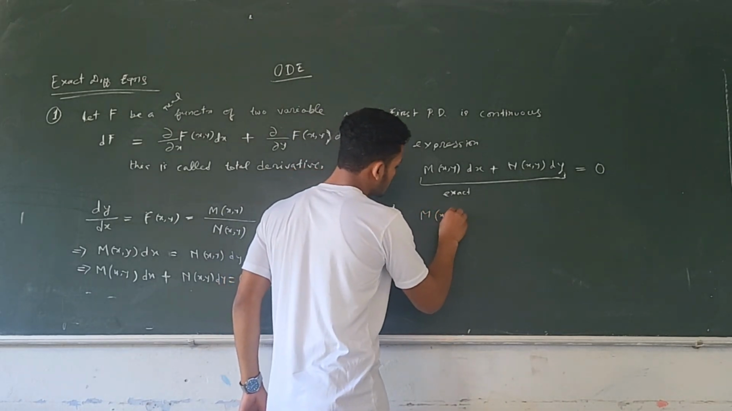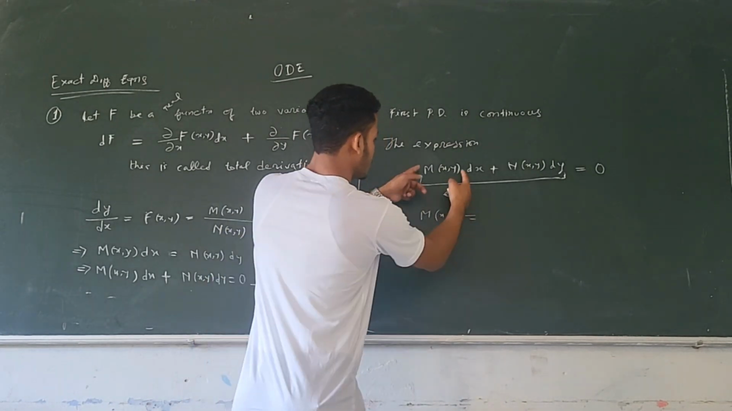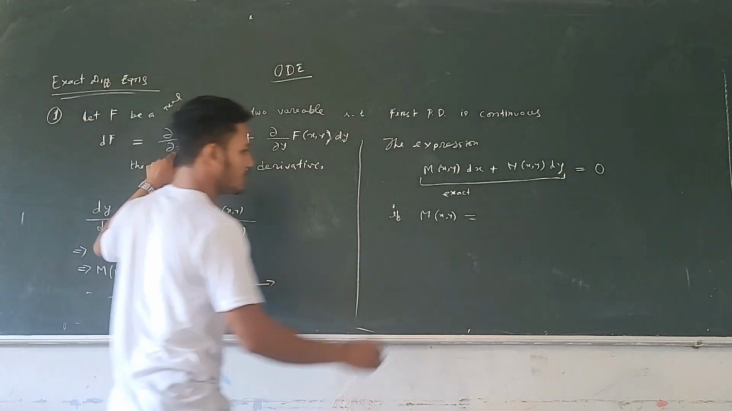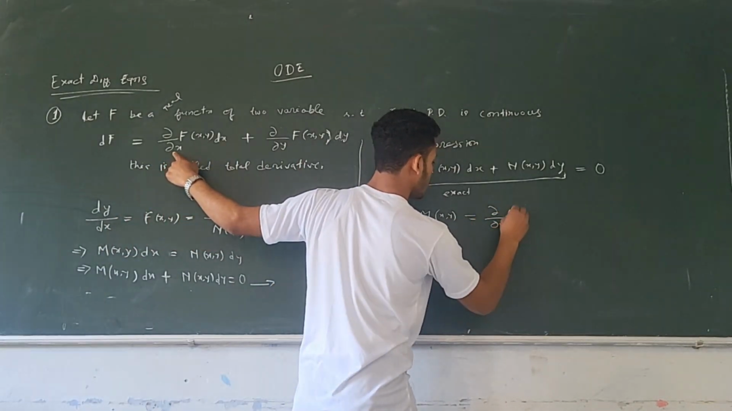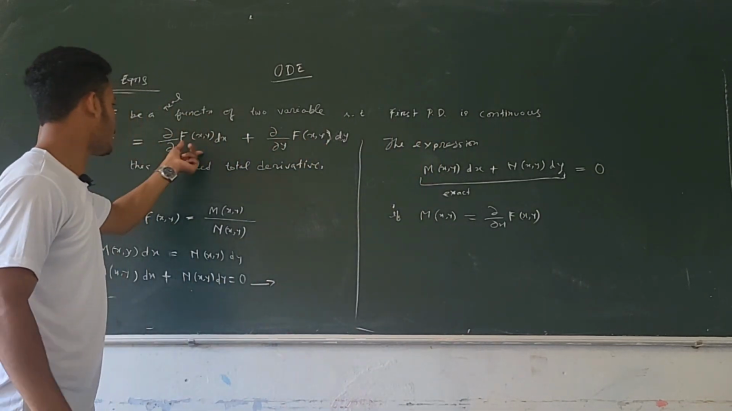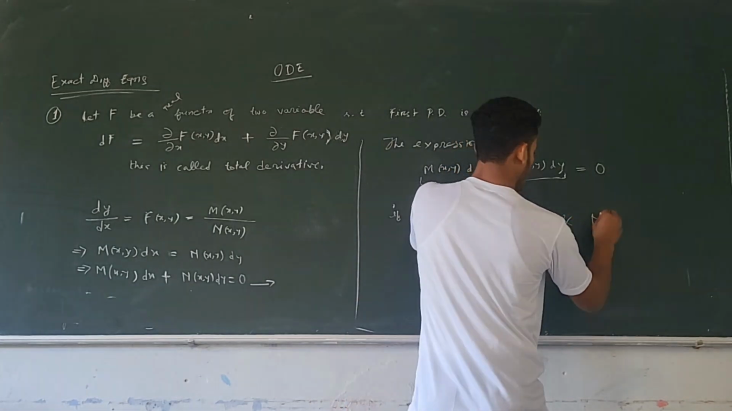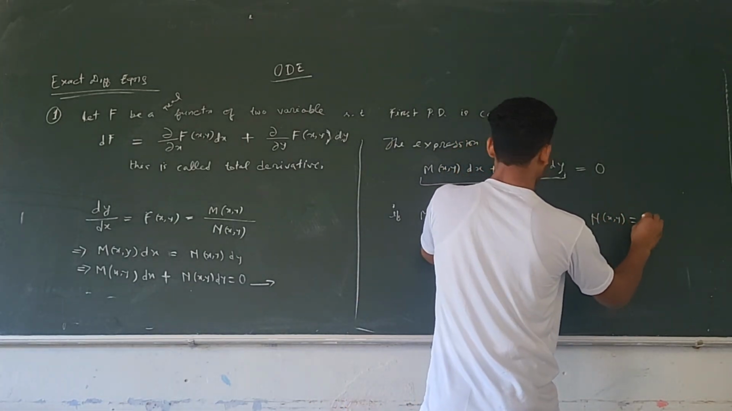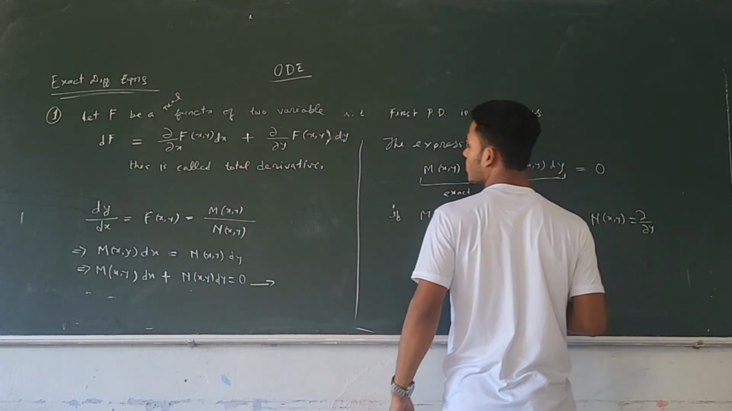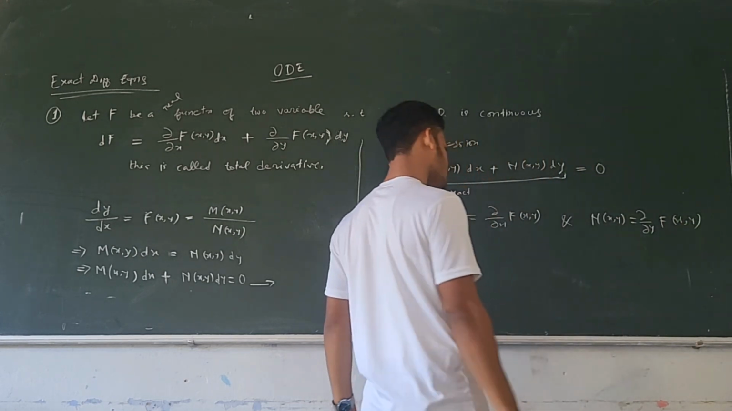M of xy is equal to del del x of f of xy, and this N of xy is equal to del del y of f of xy. Okay,